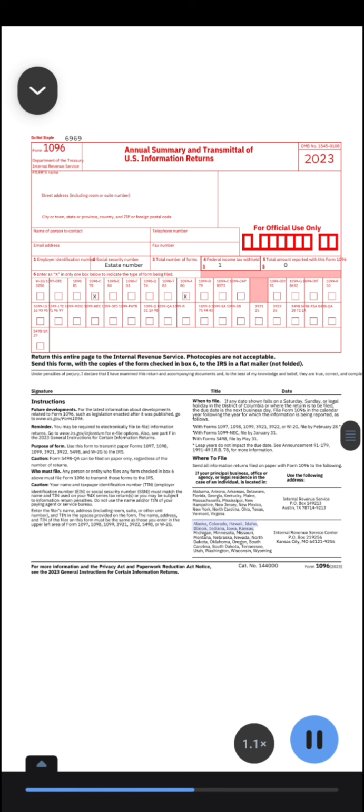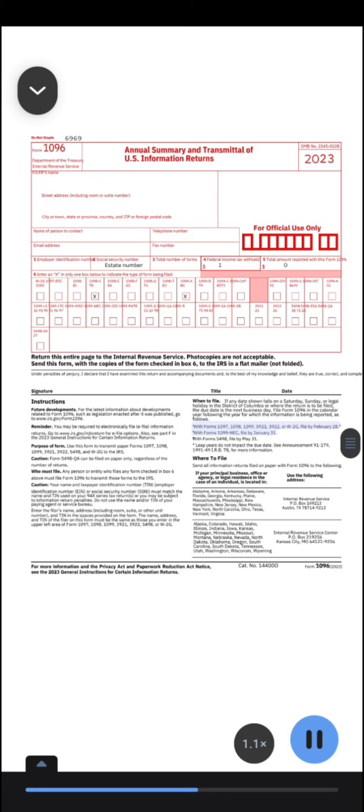Alaska, Colorado, Hawaii, Idaho, Illinois, Indiana, Iowa, Kansas, Michigan, Minnesota, Missouri, Montana, Nebraska, Nevada, North Dakota, Oklahoma, Oregon, South Carolina, South Dakota, Tennessee, Utah, Washington, Wisconsin, Wyoming. Internal Revenue Service Center, P.O. Box 219256, Kansas City, MO